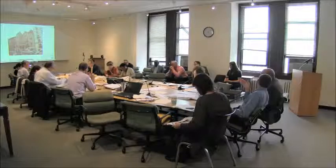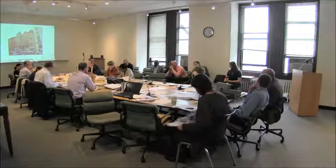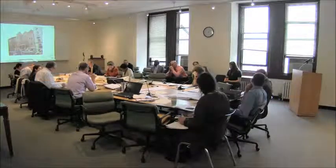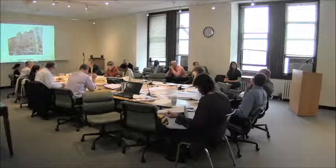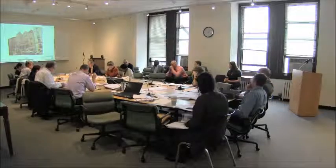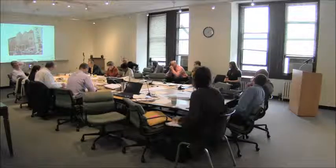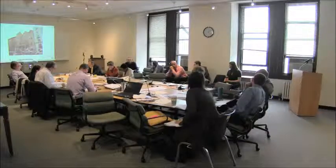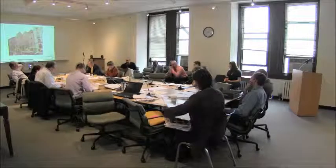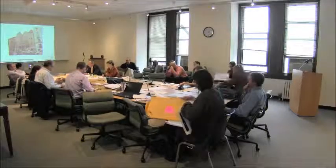I recommend approval, finding that the alterations to the front facade will maintain the overall character of the facade and are subtle alterations to create accessibility and code compliance in preparation for new use, that the elimination of the entry step and the lowering of the central doors will provide barrier-free access in the least intrusive way possible, that modifications to windows at the street level to create new entrances will allow the building to house new multiple uses, and that the new doors will harmonize with the materials and details of the facade, that the lighting and signage is simple and unobtrusive and will not call undue attention to itself, that most of the original stained glass windows on